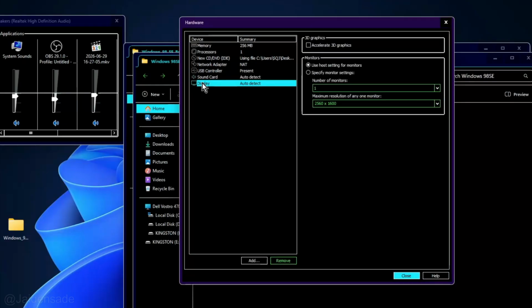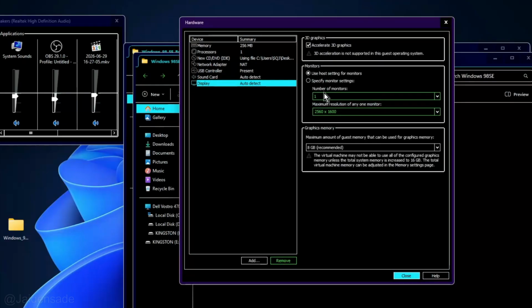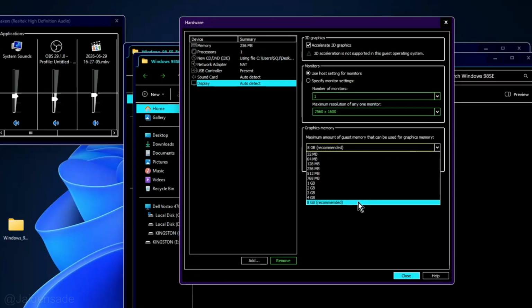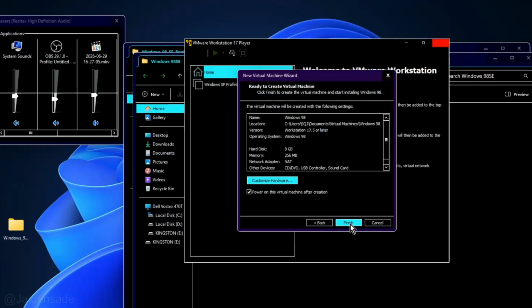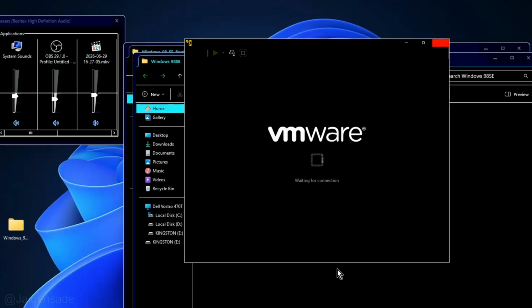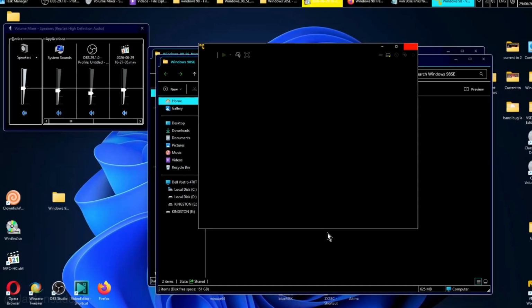And then we've got display, and this is accelerate 3D graphics. We'll leave everything else as stock. You can play around with this. I don't think I need that to be that high, to be honest, but I left it on there and it didn't need all my memory, so I'll go with that. Close that, go finish. What it will do is create the little virtual machine thing, go looking for